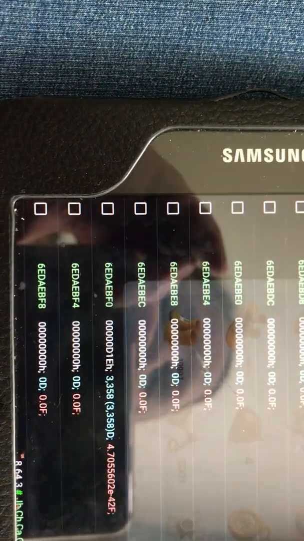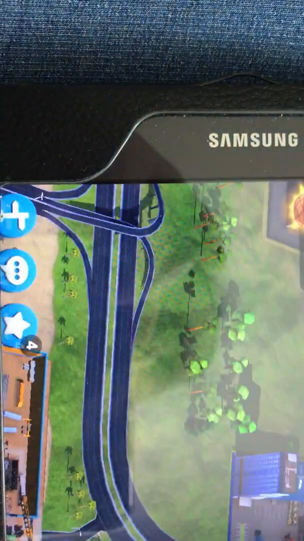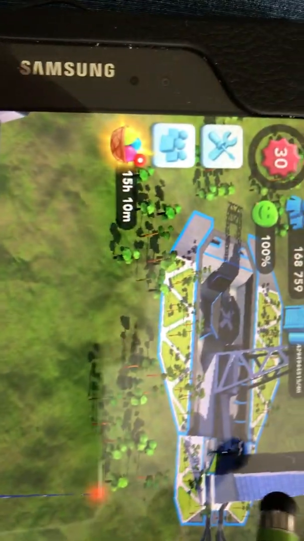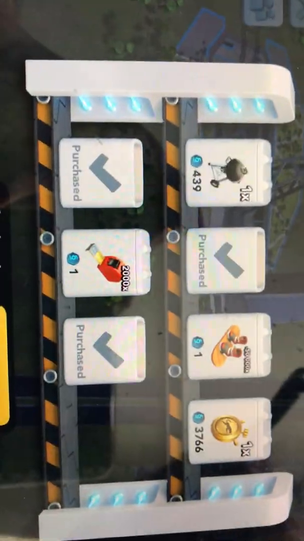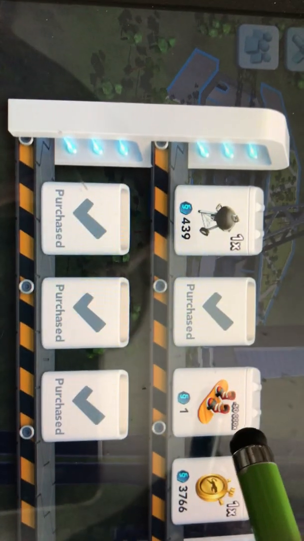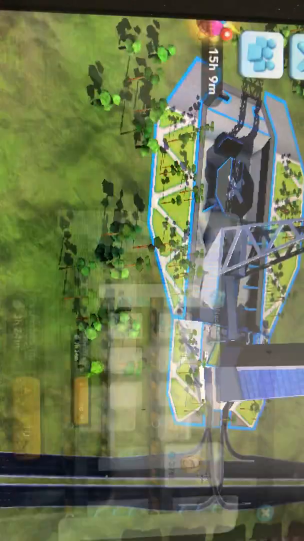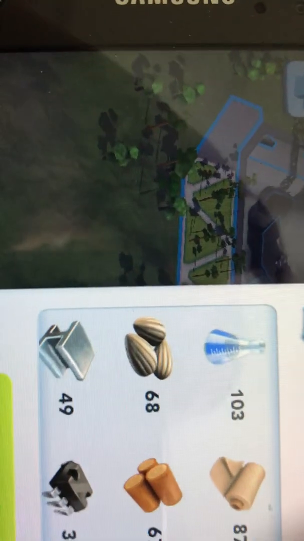And then we're just going to adjust the price to 1. Okay, so now we're going to go to the Neomall, and we're going to buy. There's the tape measures, 2,000 for sale, and our snowboards, negative 50,000. Okay, so we've purchased those, and you can see at the top screen here,